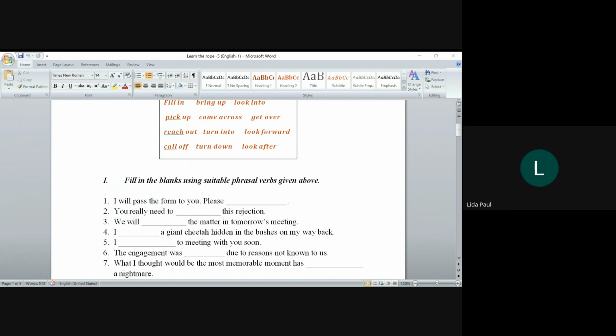No, no, no, no. Fill in the blanks is not a phrasal verb. A phrasal verb will only have a verb and a preposition in its complex, right? So fill in is your phrasal verb. Fill in the blanks is a phrase that you use. I'm asking you, instead of fill in the blanks, can I say fill the blanks in? By which I'm asking you if it is separable or non-separable. The answer is yes, right? This is a separable phrasal verb. I can say fill it in, or fill the form in, or fill the blanks in. So fill in is an example of a separable phrasal verb, right?